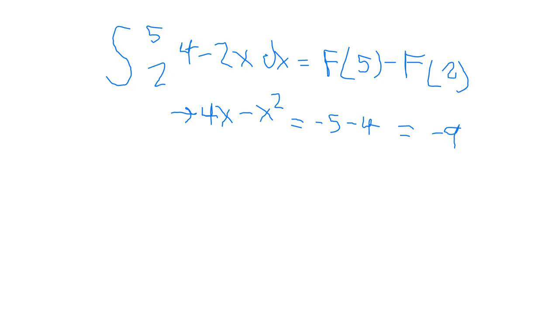Right, Amir is ahead of us, so we will talk about this later. There's a very important theorem called the fundamental theorem of calculus, and he's applying that. So for the integrand, all we have to do is antiderivative it. When we antiderivative the integrand, we get 4x, since the derivative of 4x is 4. And negative x squared, whose derivative is negative 2x. So we antiderivative. Then after we antiderivative, all we have to do is evaluate